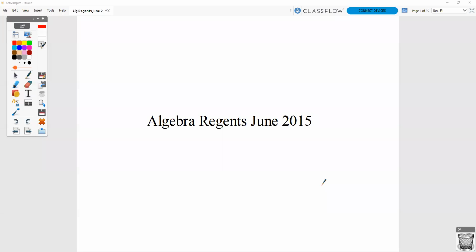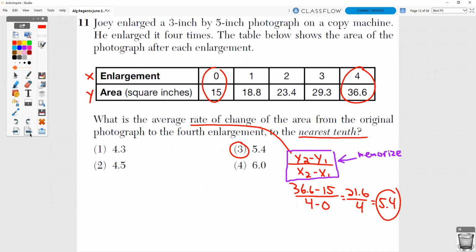These are the answers to the Algebra Regents exam, June 2015, short response questions. In question number 25,